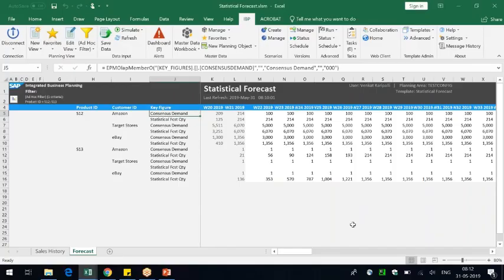In front of you there is a planning view called statistical forecast. It is pre-configured and loaded into the cloud system. Whoever logs into that planning area, if they have enough access permissions, can view this planning template called statistical forecast.